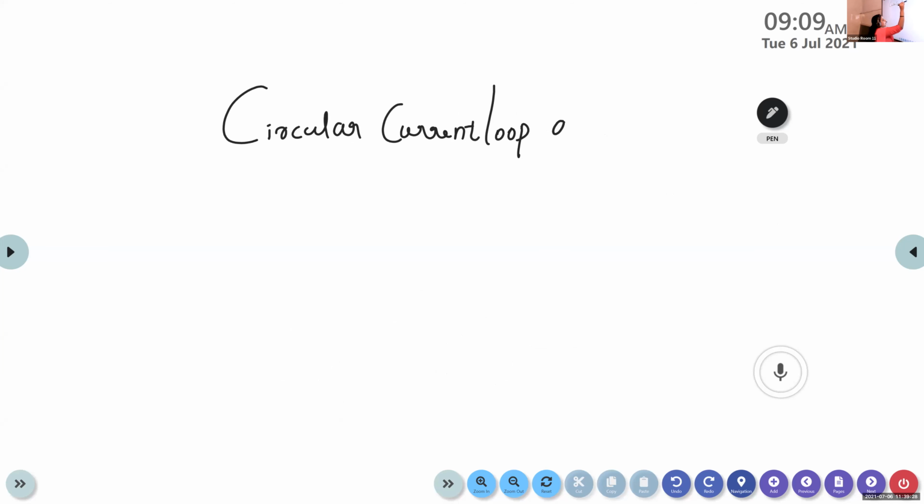Circular current loop as a magnetic dipole. So here, in order to find the circular current loop as a magnetic dipole,